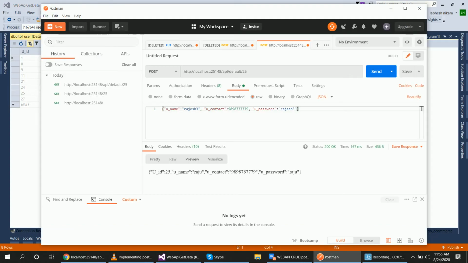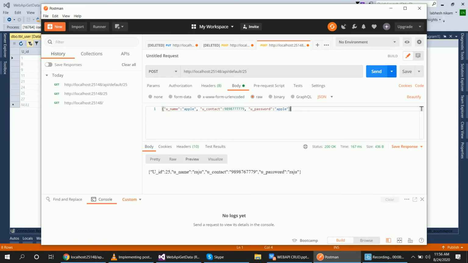So here in curly brackets, as a JSON record, I will add the username, suppose Apple, and here also Apple. Now I want to post this data, and check what message appears in the status.